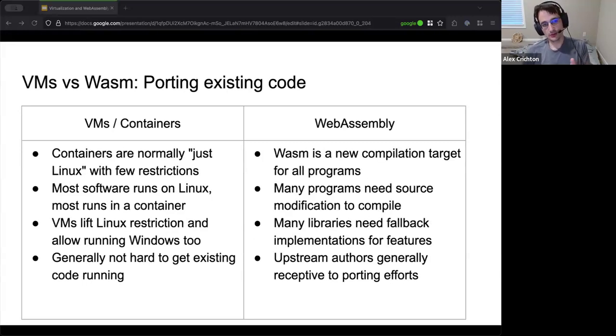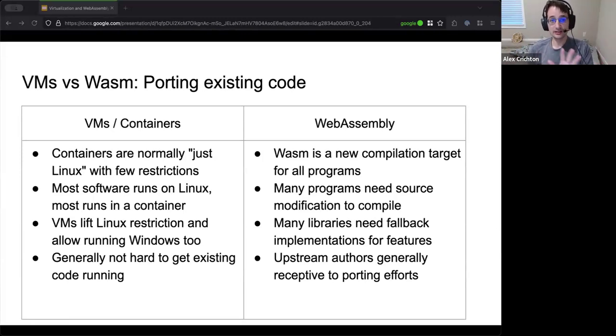So I do want to touch on this aspect as well, specifically porting existing code. This is where virtual machines have a great story: with a virtual machine, you might not even have to port anything, because the idea is it's a machine. For containers, you probably need very little porting if you already run on Linux. And you don't even have to have Linux once you have the whole virtual machine aspect. So this is a very, very strong suit of the container side of things and the VM side of things.